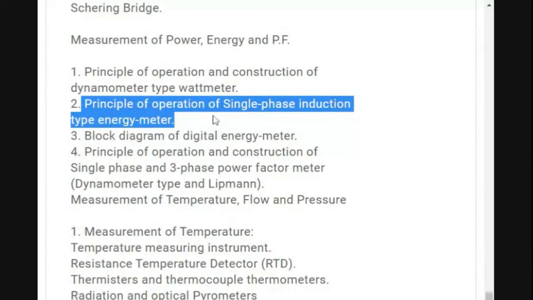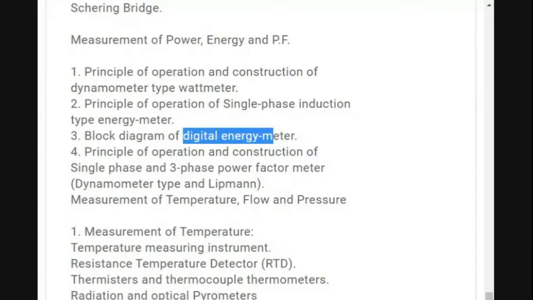Similarly, where the time component is considered with the rotation of a disk in the induction type energy meter, whereas in the digital energy meter we have seen there is a clock pulse. Okay, and that clock pulse is basically giving you the time component, which is associated with the amount of power which is being consumed over the period of time. Say for example, 1 kilowatt of electric power is consumed for 1 hour, then it's considered as 1 unit of